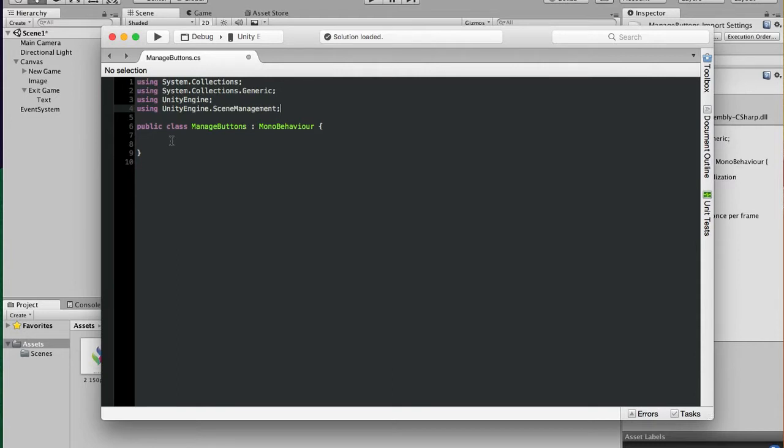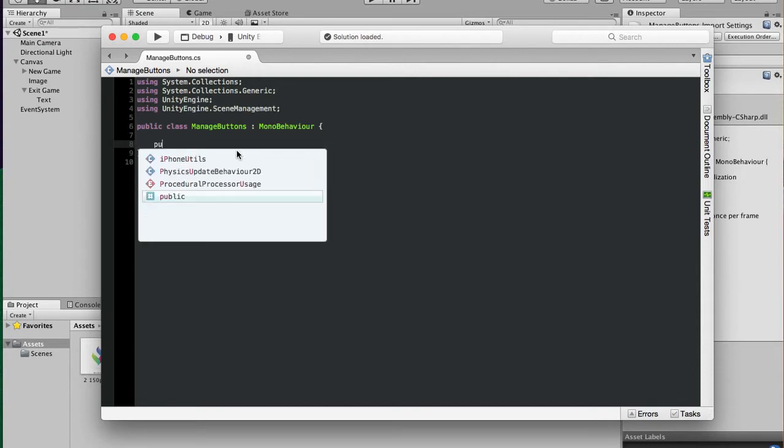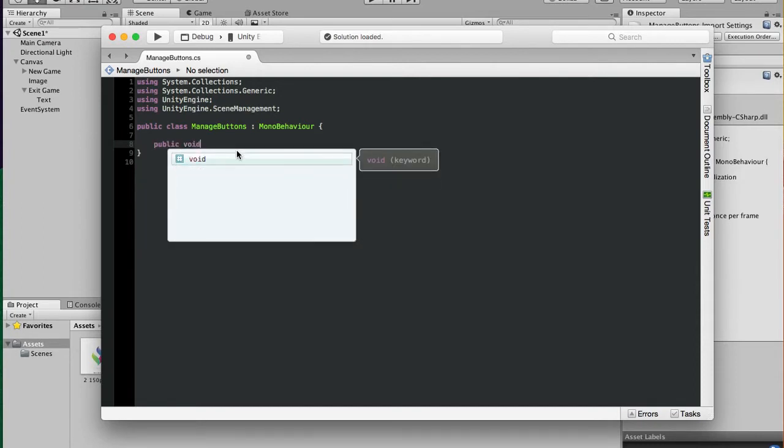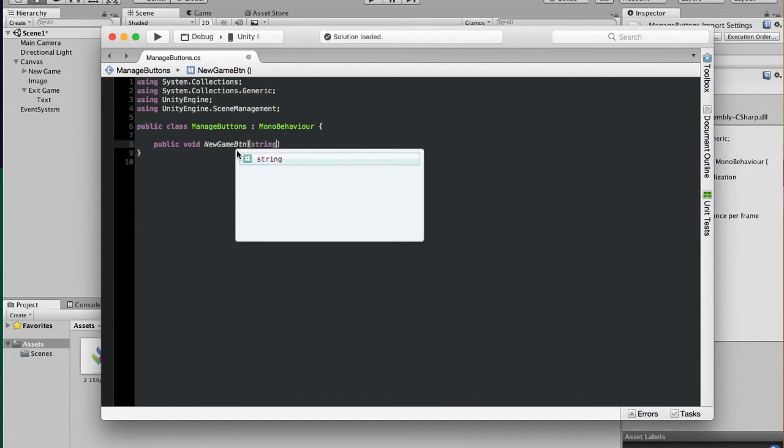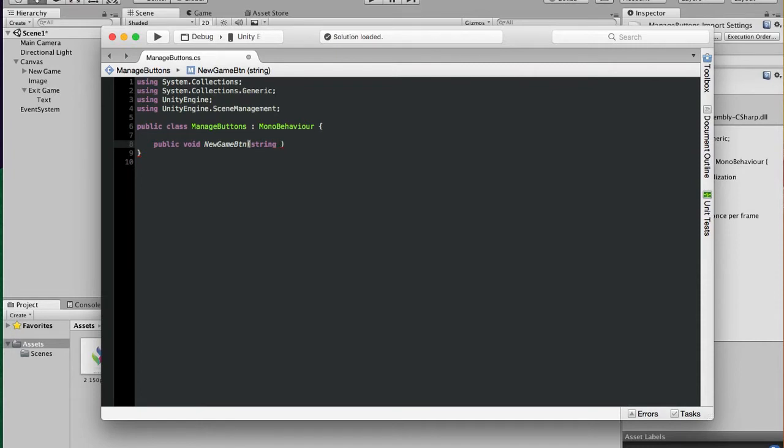Now I come here and I want to actually have a public void function, and because this is for my new game, I want to call it NewGameBtn, which is for button, and the value that I want to send back is a string, and it is for the new game level. So I'll just put newGameLevel